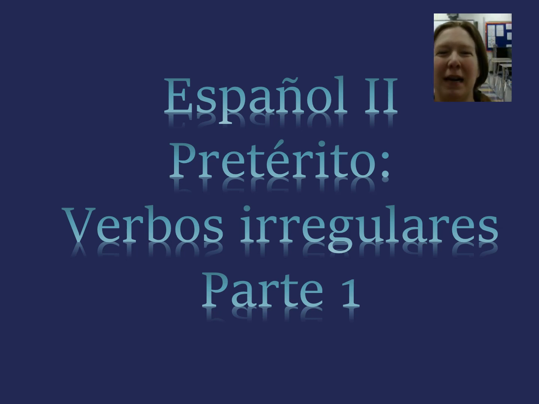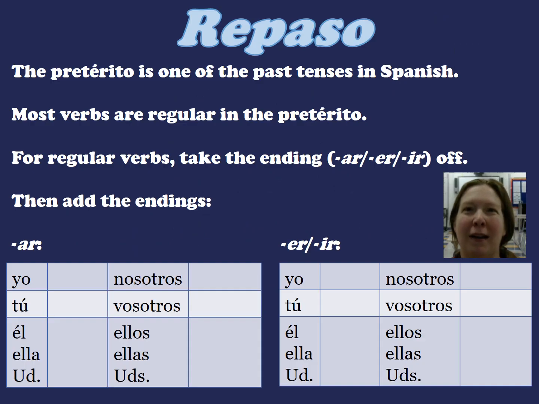Español 2, Pretérito, verbos irregulares, parte 1. Now that we have talked about how to conjugate verbs in the regular preterite, we are going to continue with learning how to conjugate verbs in the irregular preterite. But before we get to talking about the verbs in the irregular preterite, let's talk about a little bit of